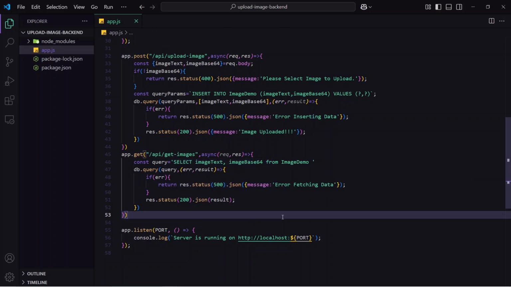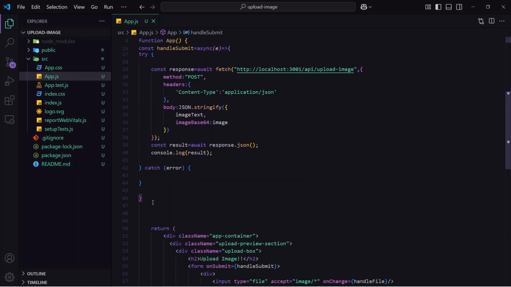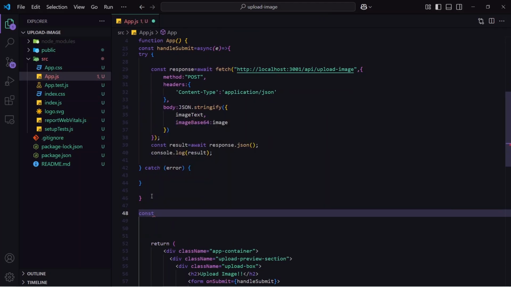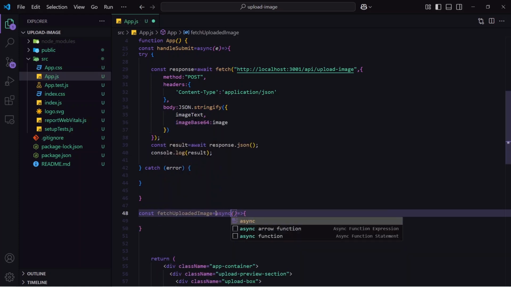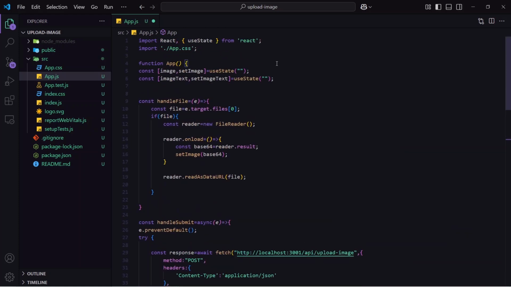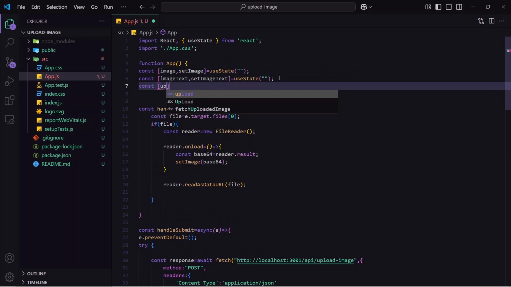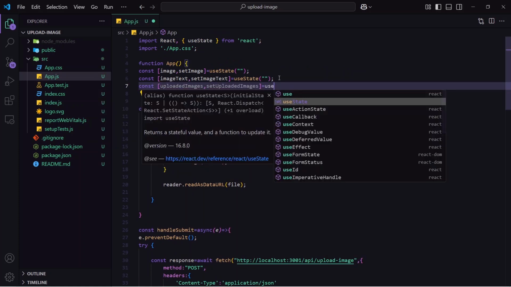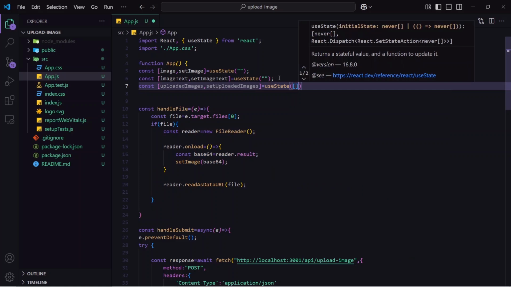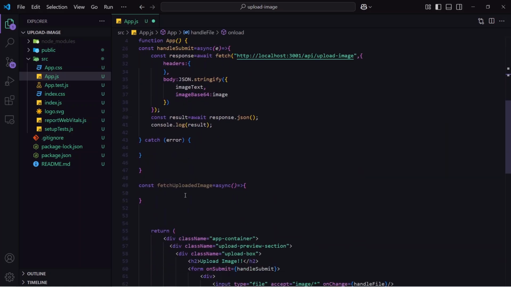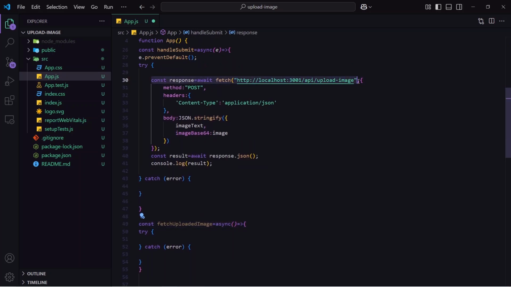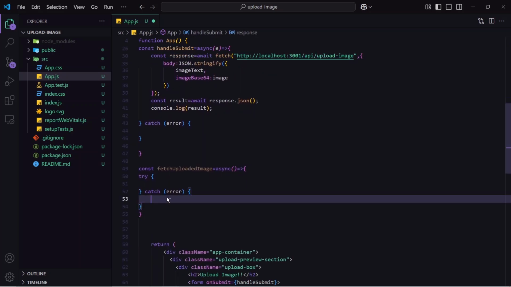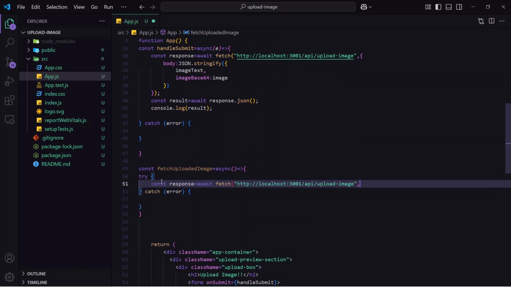I will save this. Now let's go to the front end, and here after handle submit, let's create another function named fetch uploaded image. It will also be async, and let me also create a state to store the uploaded images. So it will be uploaded images, set uploaded images, useState, and this will be an empty array because we will get many data. Then I will write a try and catch block, and I will copy this response thing and paste it inside the try, and close the bracket.